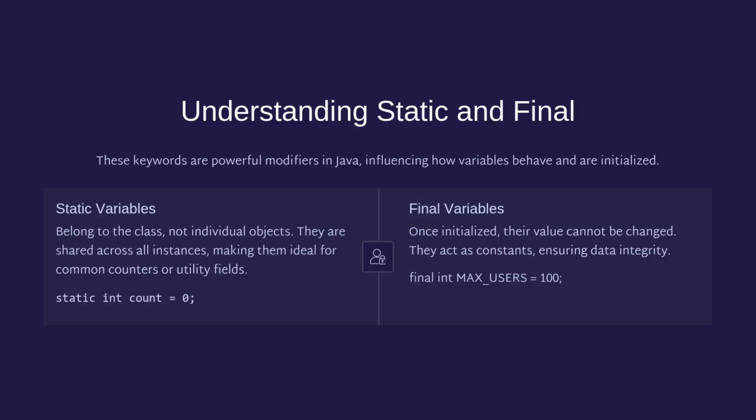Understanding static and final. These keywords are powerful modifiers in Java, influencing how variables behave and are initialized. Static variables belong to the class, not individual objects. They are shared across all instances, making them ideal for common counters or utility fields. Final variables: once initialized, their value cannot be changed. They act as constants, ensuring data integrity. final int MAX_USERS = 100; static int count = 0;